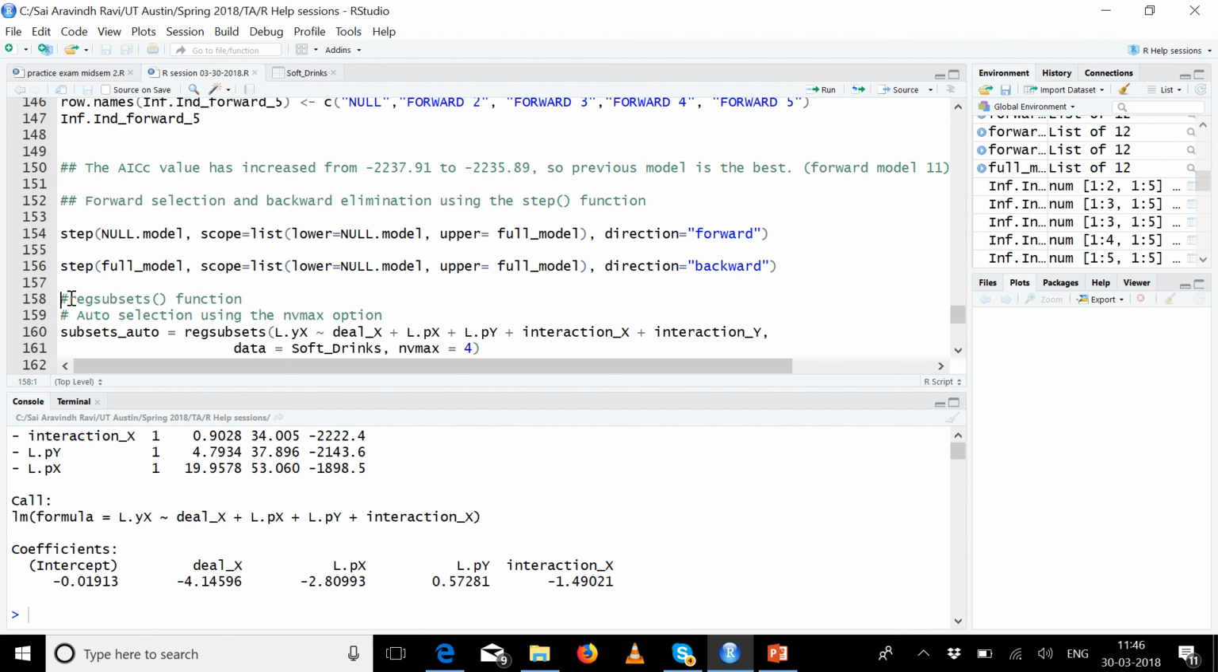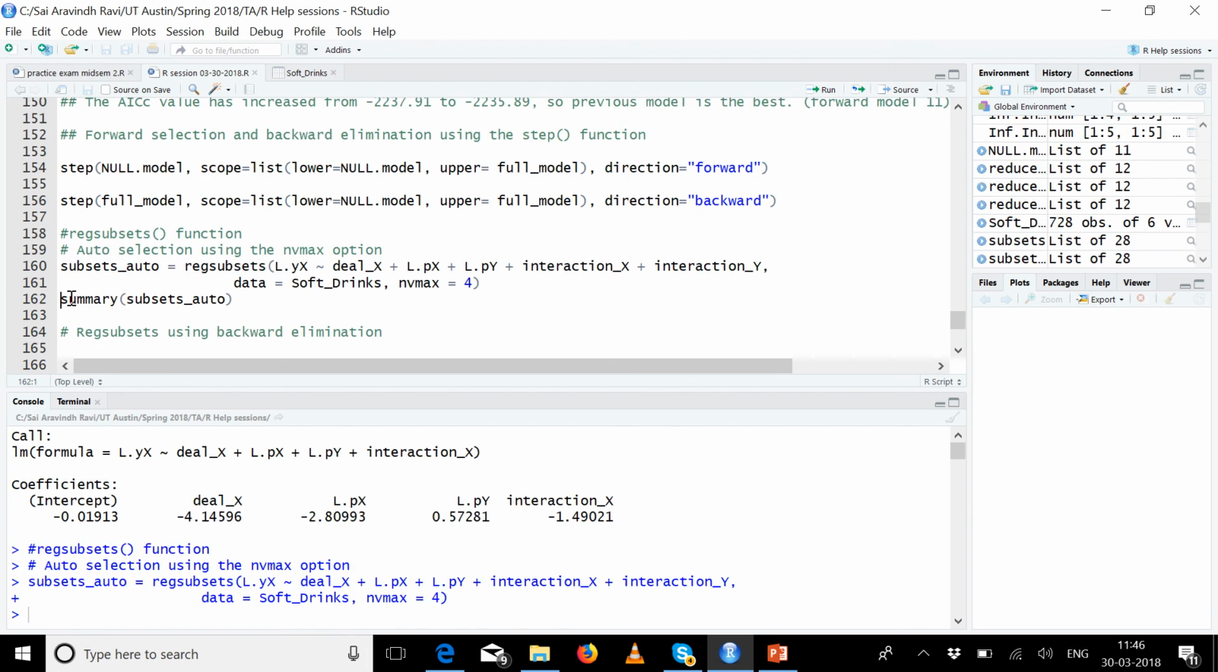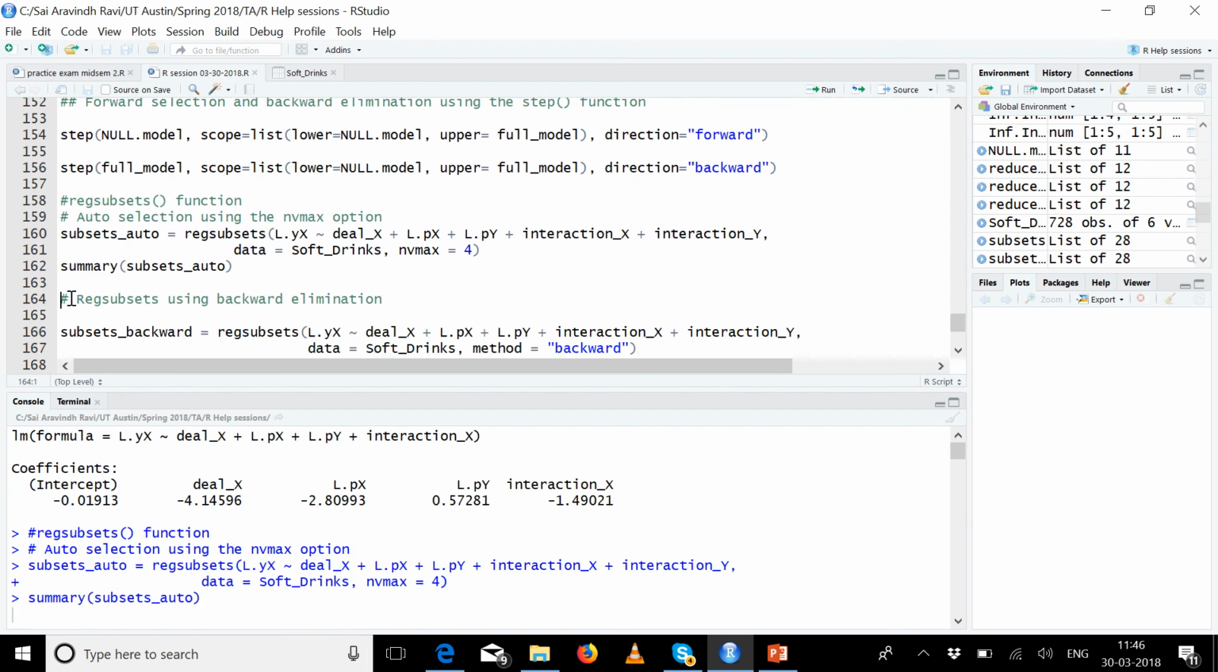So I'm going to let the reg subsets select automatically using the nvmax option. I'm naming it subset auto. It's regsubsets of, and I'm going to be adding all my predictor variables right now. I've added everything, and data equals soft drinks, and nvmax equals 4. So that's run. And if I get the summary of that,